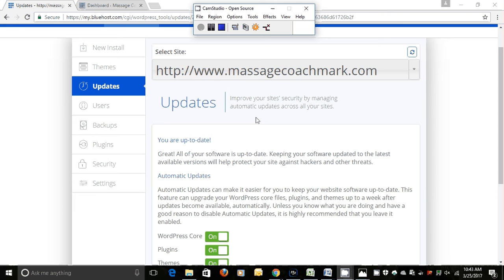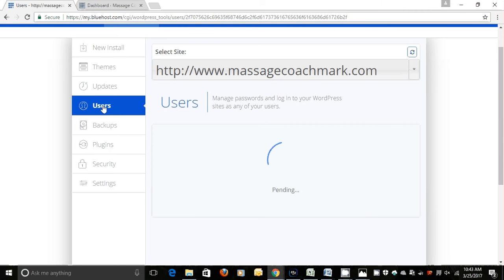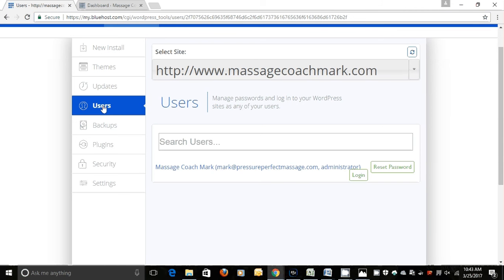So what we're going to do next, we're going to go to this column here, and we're going to go to the users button. We're going to click on that. It's going to take us to this page, and then I'm going to go down here. It says login. I want to log in because I want to do my first post. So I'm going to click that button. And that's going to take me to